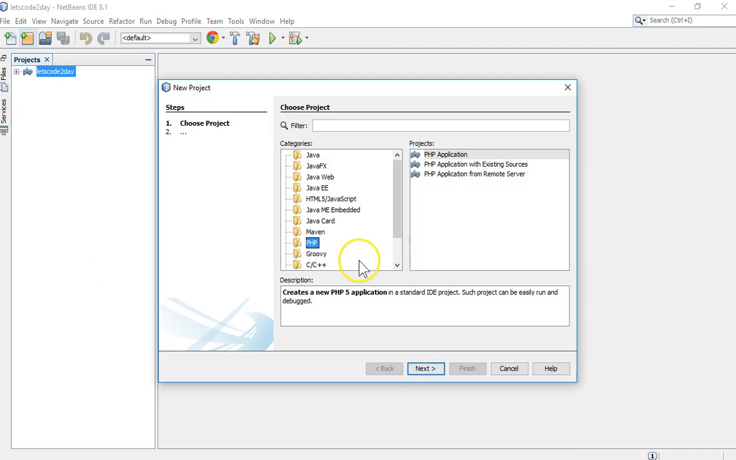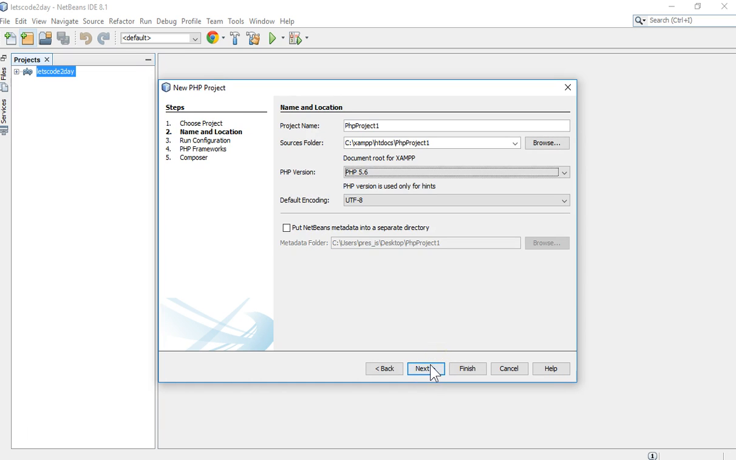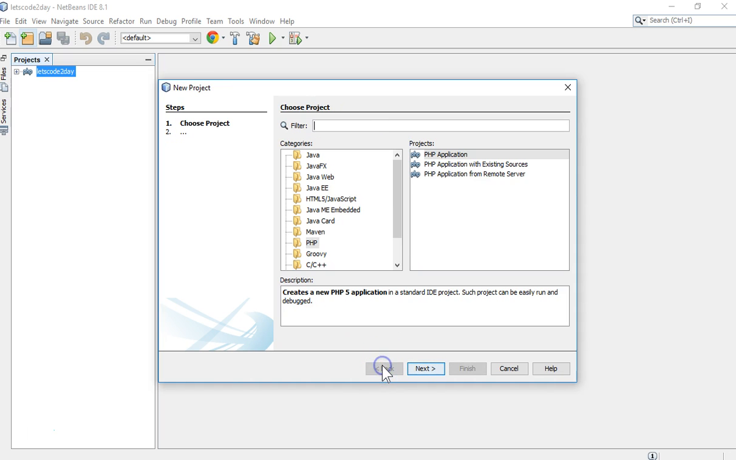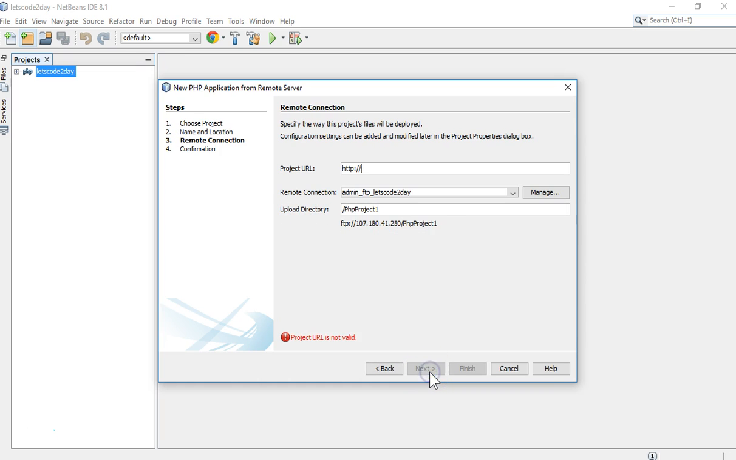So I go ahead and create a new project, and I'll just do a dummy project. So we're just going to hit next, and oops, I didn't do the right one. PHP application from remote server, and project URL, let's code today.com, and let's take out this,